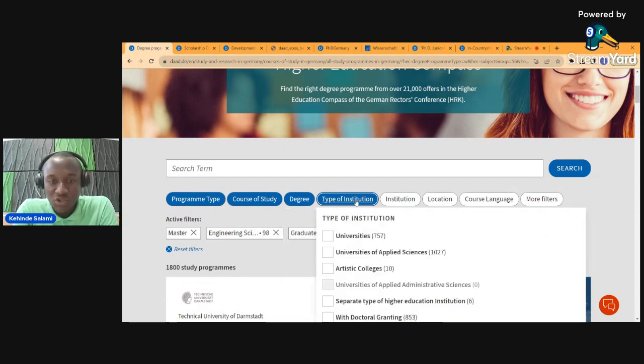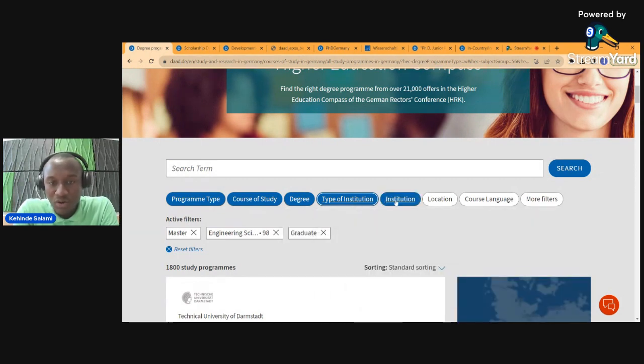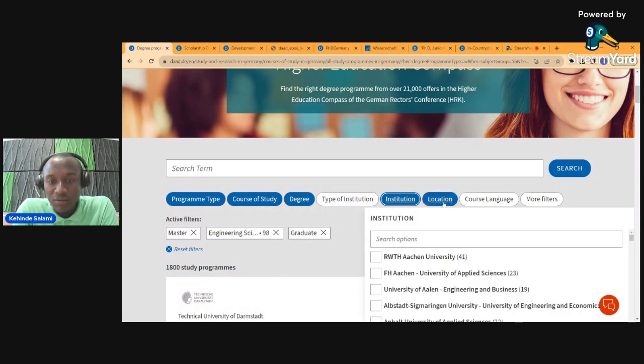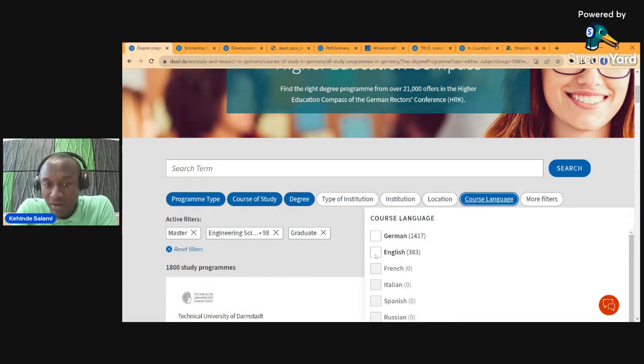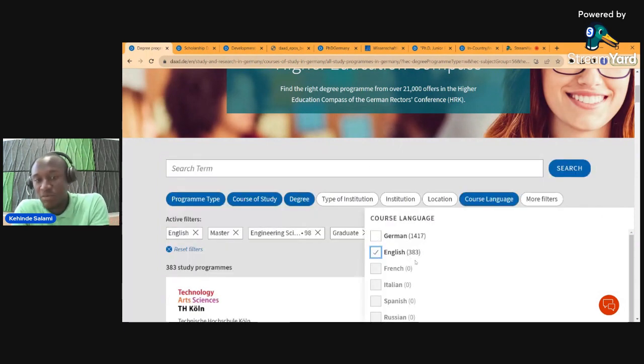The type of institution might not matter so much, so I want to search across all institutions. And location, I'm not so specific, so I want it in any part of Germany. But the language, I want only those in English and not in German. So it brings my filter down to 383.